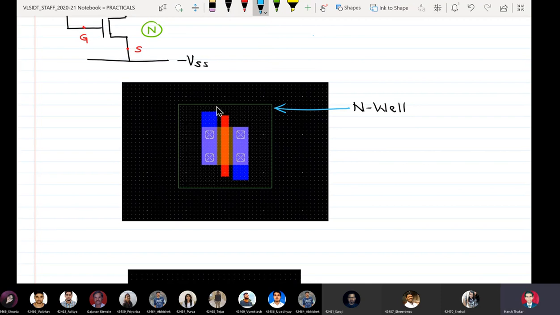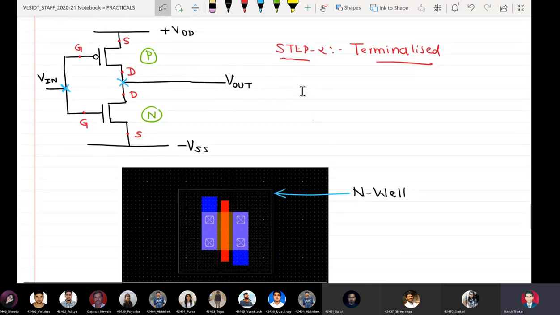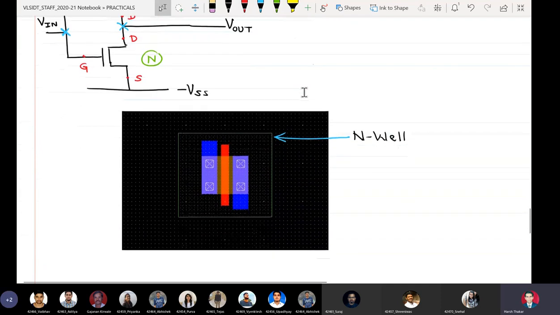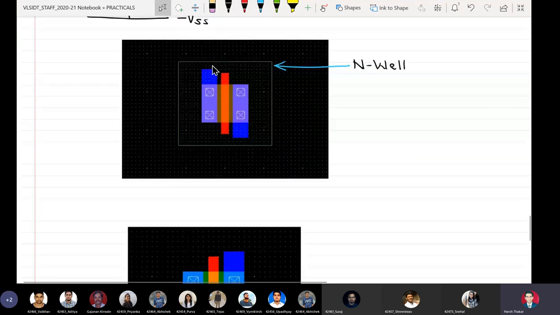This is a PMOS. Always understand, as I told you, that the upper terminal of PMOS is to be assumed as source and the lower as drain. So students, please pay attention. This blue colored square.